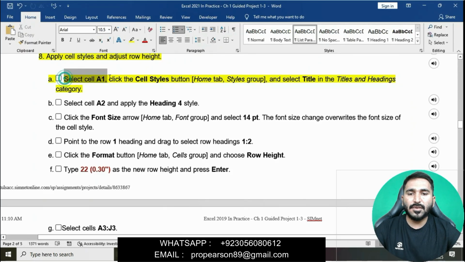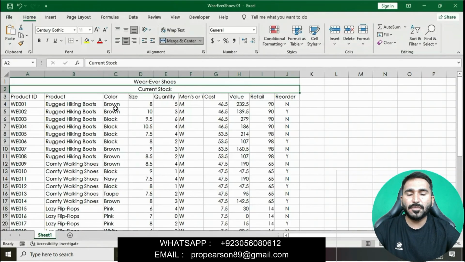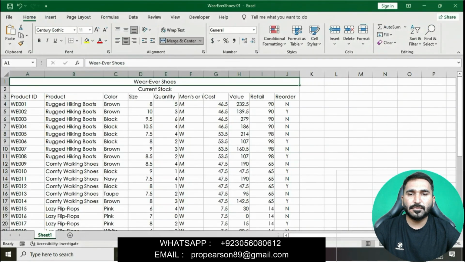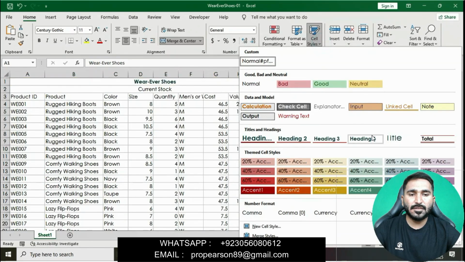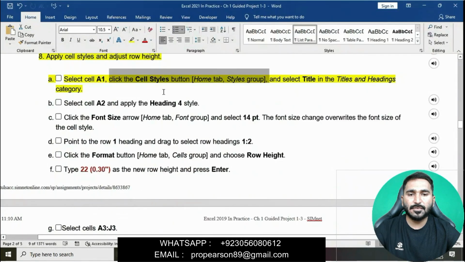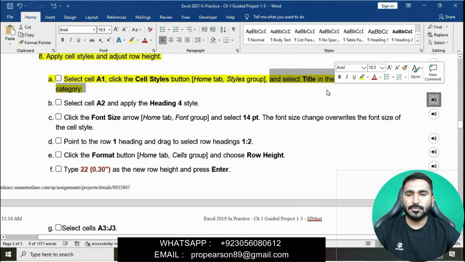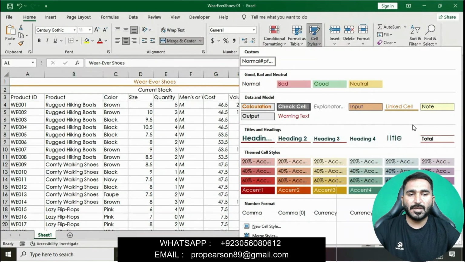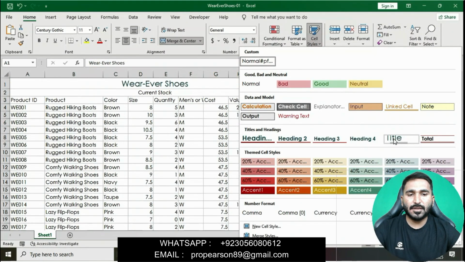Click on cell A1, and in the Home tab, Styles group, click on Cell Styles and apply the Title cell style.